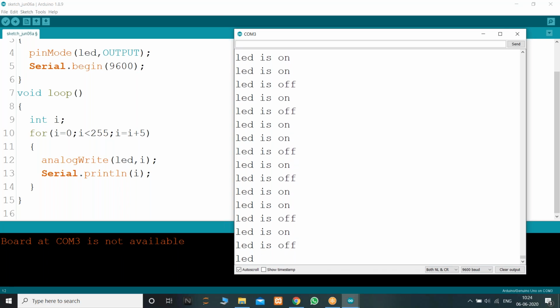You can make this one-to-many communication also, single master and multiple slaves, by using some protocols. But in UART communication, there is only a single master and a single slave. So it's nothing but one-to-one communication.